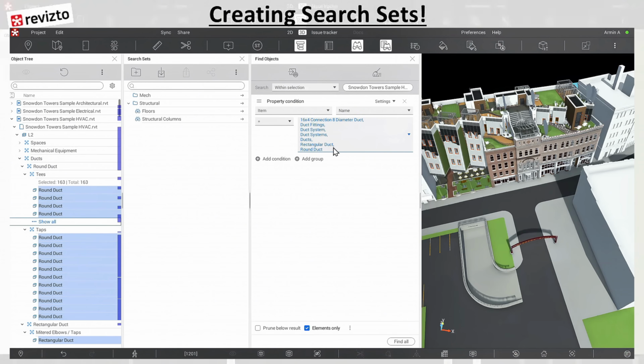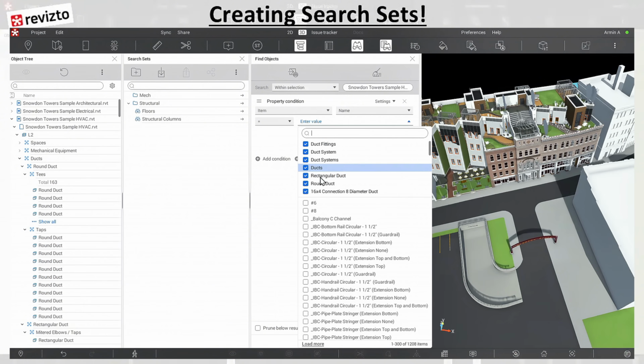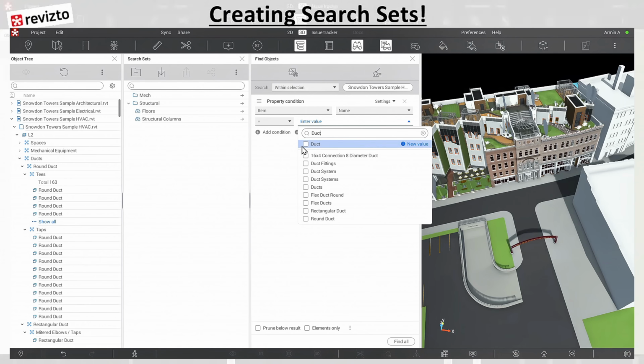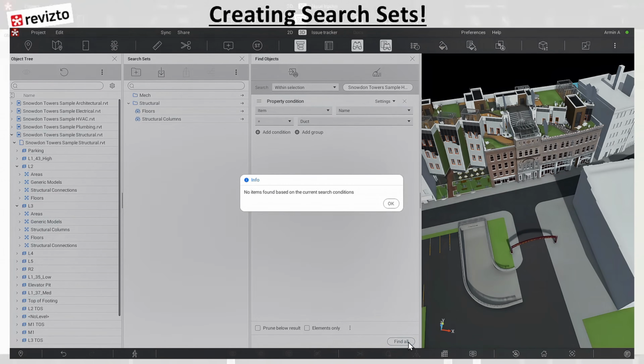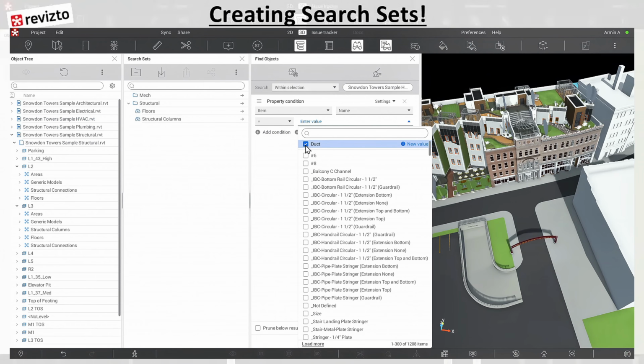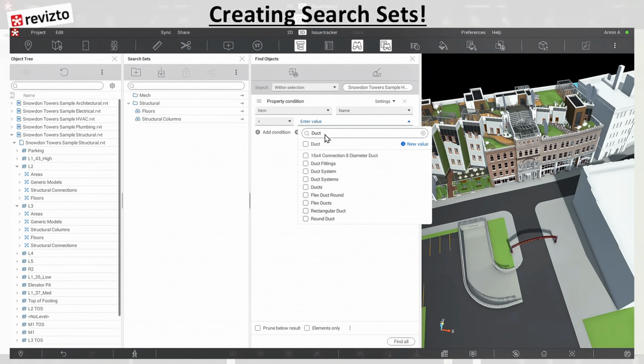But because I'm more into detail, that's why it goes into an element and selects all of them. So what I mean by that, let me uncheck this and then get rid of all of this. So let's say if I have value just duct and check this one, it says nothing found, right? Because there is no layer as a duct inside that HVAC. So when I type duct over here, you guys can see all of those middle ones show up. So I'm going to select all of these